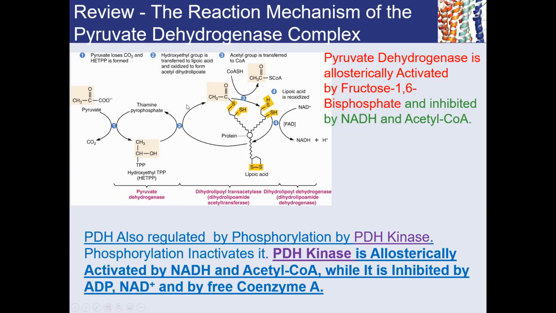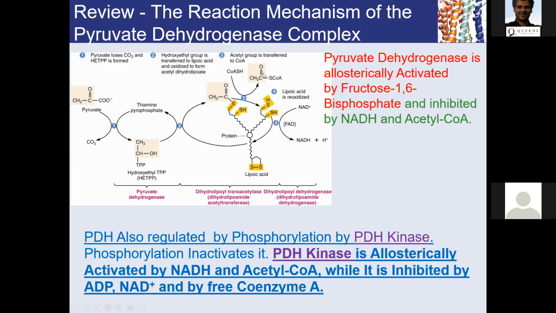So that's the second reaction, right? Hydroxyethyl group is transferred, and you can see that now you have formed acetyl dihydrolipoate right here. And in that same enzyme E2 active site, the next reaction will be the reaction number 3, where coenzyme A will come in and basically form acetyl coenzyme A, right? And at that point, you know that you actually have done the reaction, right? You can see that you have taken pyruvate, you have removed a carbon dioxide, and you have formed the acetyl coenzyme A.